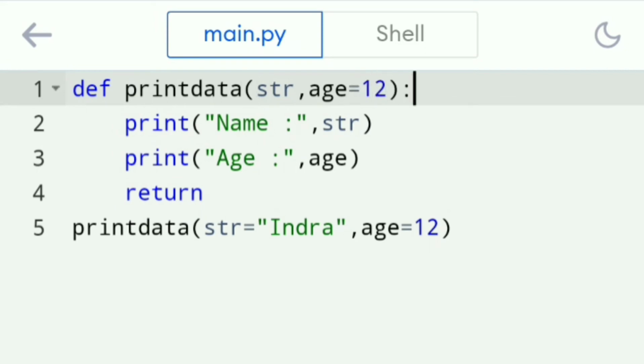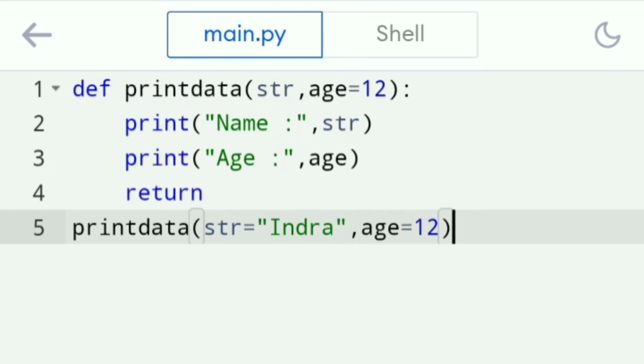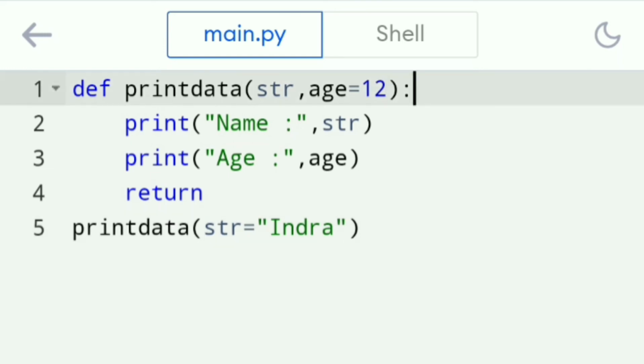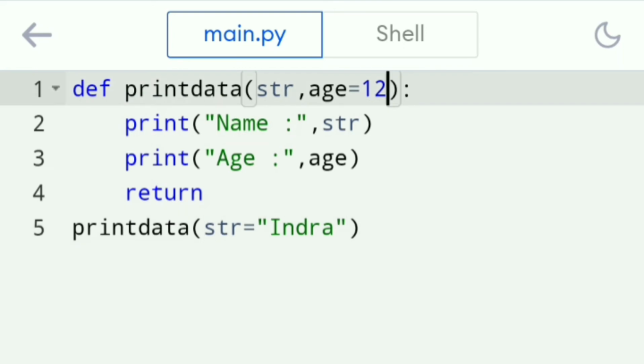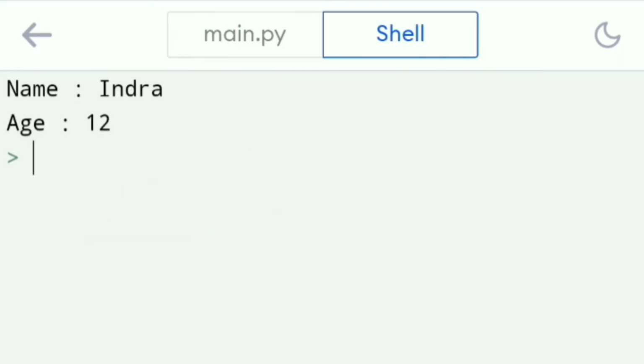You can give any number. Yes, so we do have two parameters. One parameter is holding a value and we do have two print statements. In the function call statement, now it is not necessary to pass two values because we have given already one value in this function definition itself. So one value is enough to pass. If you are not giving another value, the default value will be executed. So let's see the output.